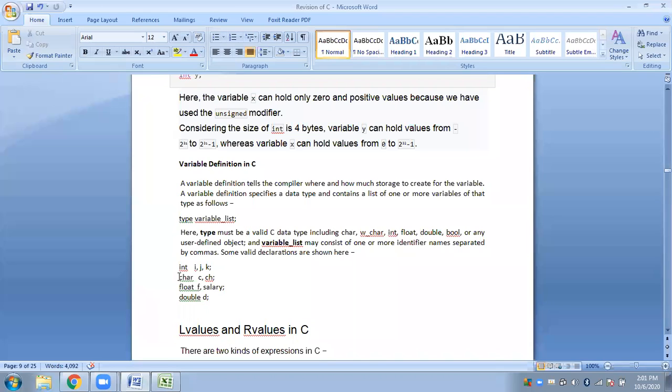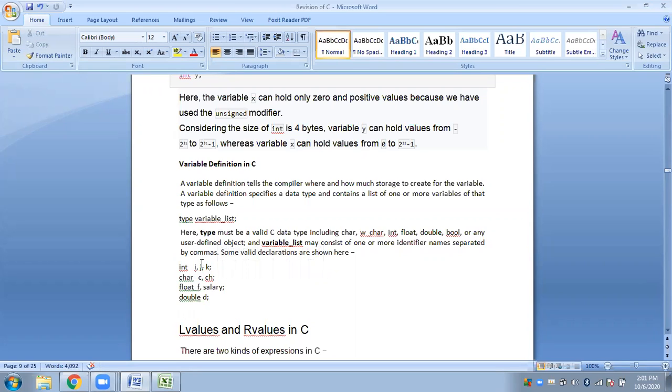Now, next is you see character C, comma CH. So what does this statement mean here? If you are asked what this statement is, you simply have to say that, sir or ma'am, this is nothing but a variable declaration statement, where C and CH are 2 variables of type character.